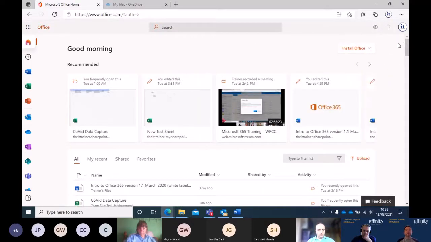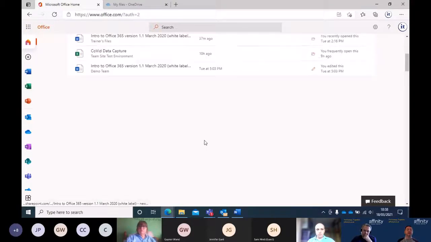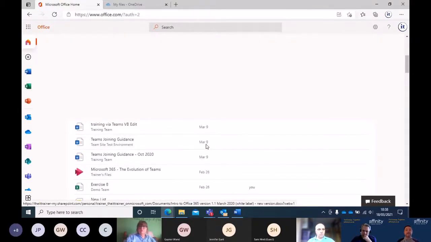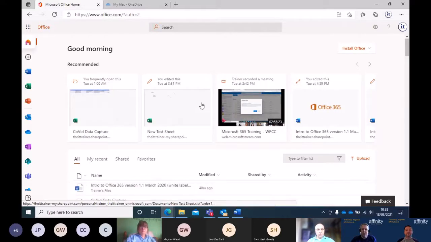So all of that is available. As you come down here, you get local documents, more recently used things, etc. You can change the layout of this page. I find that this is quite useful. Here you can create, so you can create Word documents, you can create Excel, you can create PowerPoint, and this